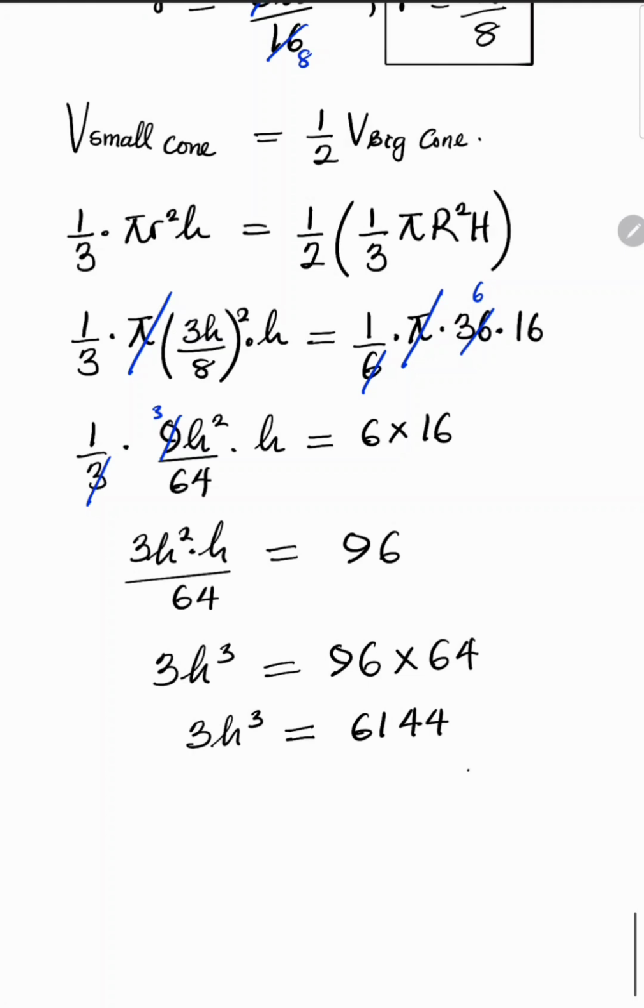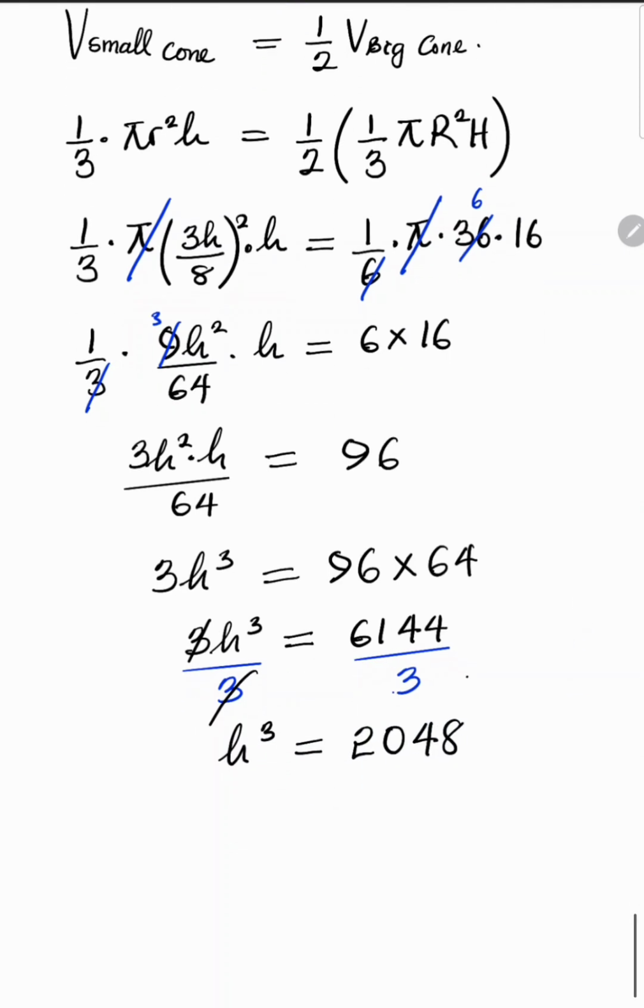So we divide both sides by 3. Dividing both sides by 3, we have h cube is 2048. So obtaining the cube root of both sides, h cube, the cube root, and the cube root of